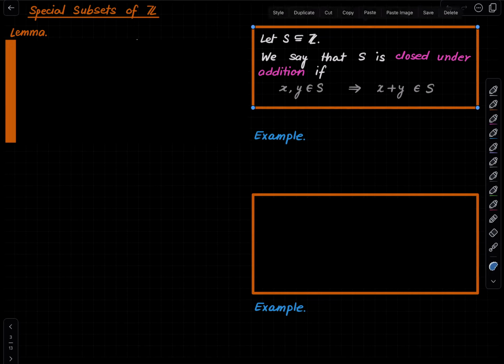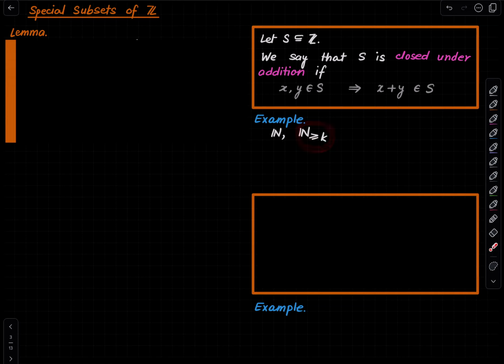It is closed under addition, right? If you pick two elements and add them, they remain there. So it's a natural definition. And an example would be, you take the set of natural numbers. This is a set which is closed under addition, or you can take tails. So suppose I take this, k is any natural number, then this set